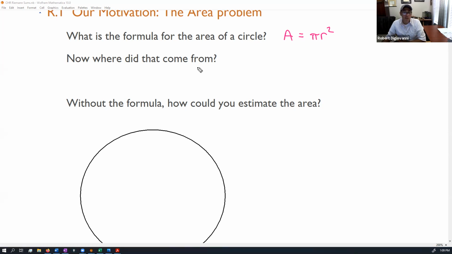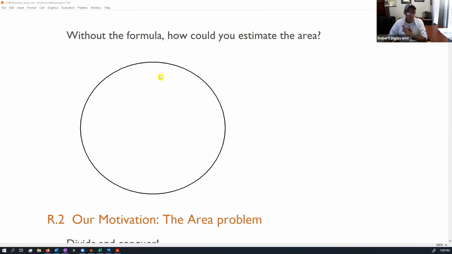So the question is, where did that formula actually come from? Because everyone knows it, but no one knows where it came from. So if we didn't know the formula, how could we estimate the area of a circle? So let's say I get a